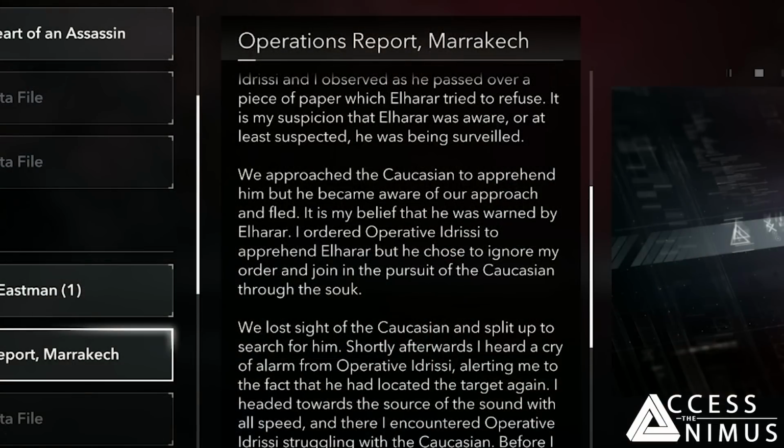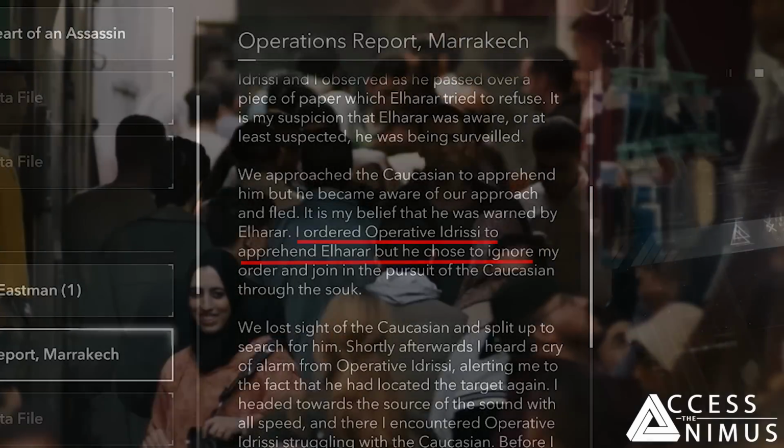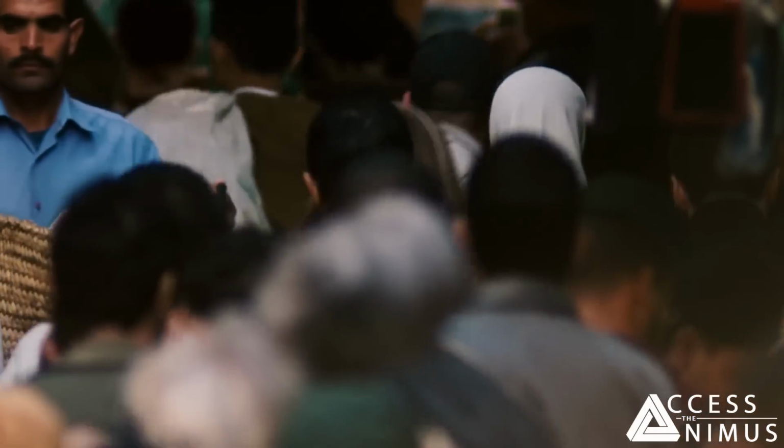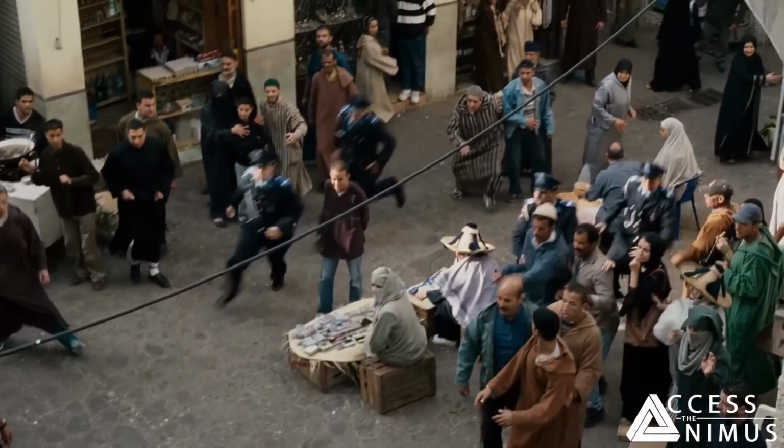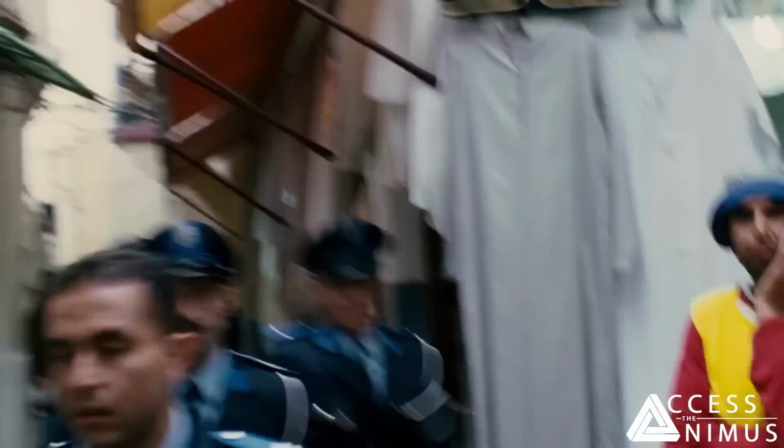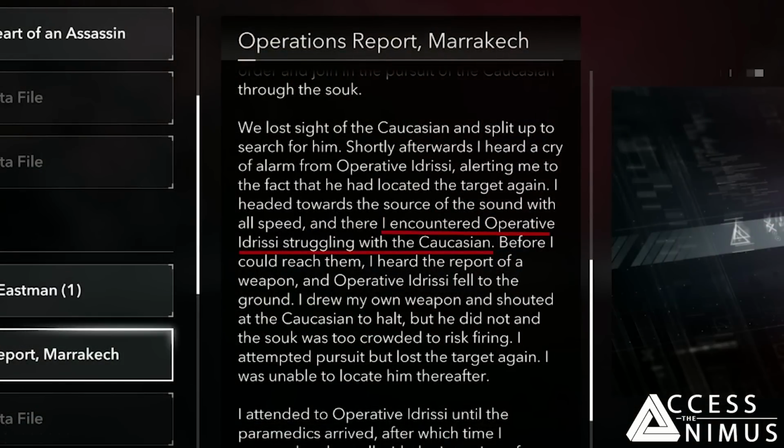Through the report, we see that Belkacem was a superior to Operative Idrissi, but even if he gave the order to apprehend the stallkeeper once Joel had dashed, Idrissi chose to chase the Englishman anyway. Thus, they split up to try to catch Joel, but as we know, they weren't able to find him for a time, because what we didn't know, what Joel didn't add to his diary, is that Idrissi found Joel again,